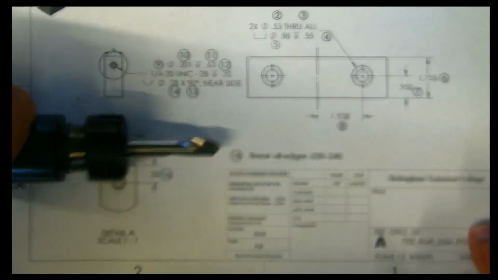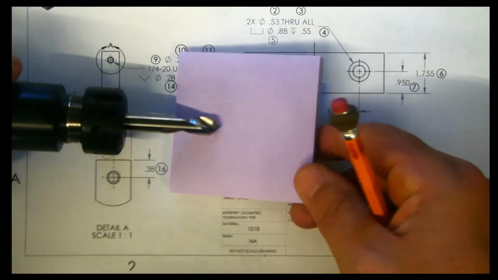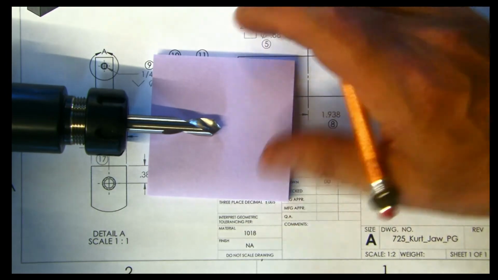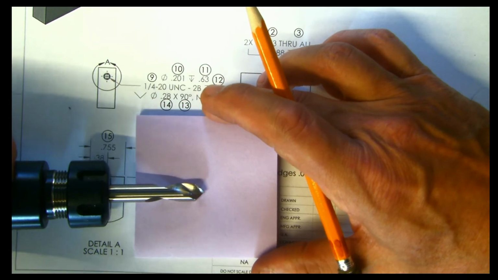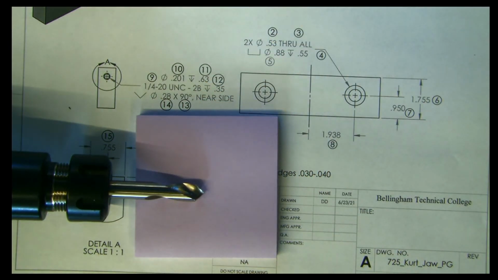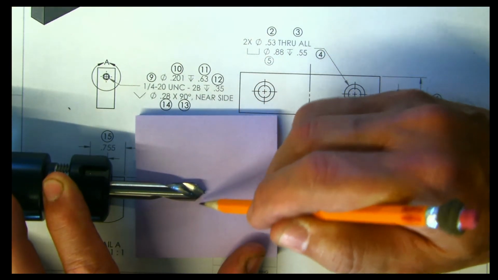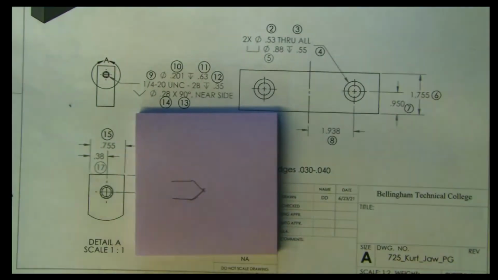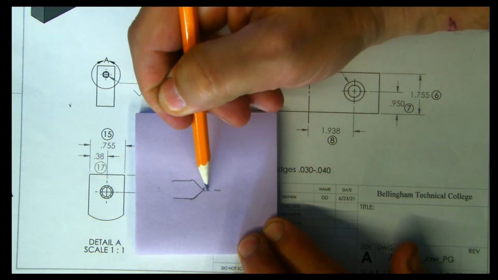Which way do I want to do this? Right here. I'm using my 90-degree drill to spot 0.28. Let's see if I can help us out a little bit. I'm going to trace this tool for the purpose of illustration. So there is my 90-degree spot drill. I'm going to split that spot drill in half,